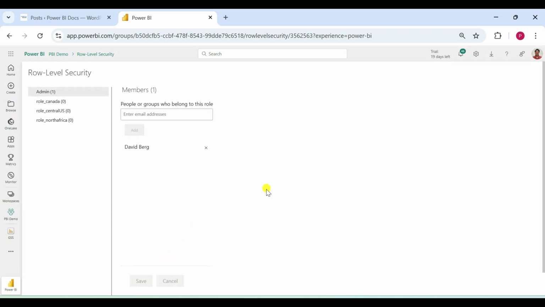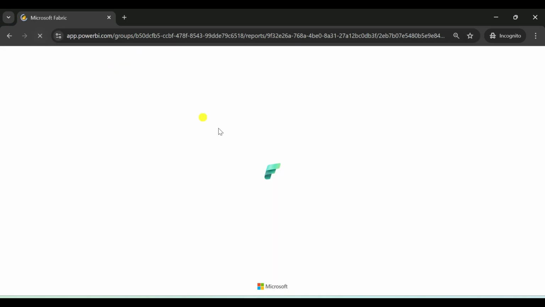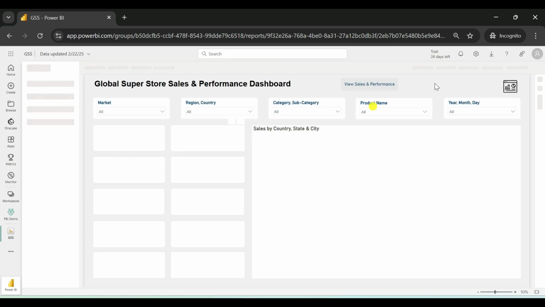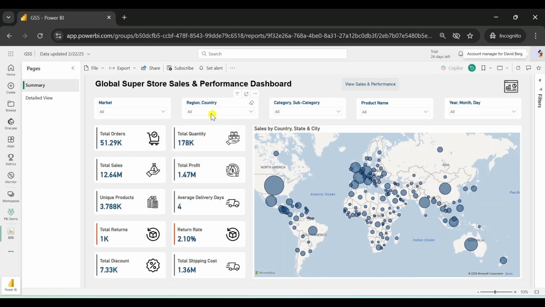Now check the report data for David. So go to the summary page and here refresh the report, and here you can see we are in David's account. Just click on the region slicer, and here you can see David can see all regions data, because now David has access to the admin role.